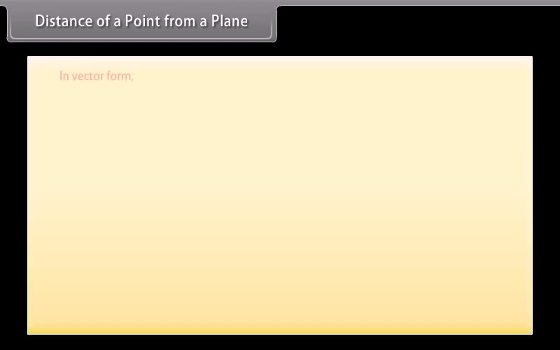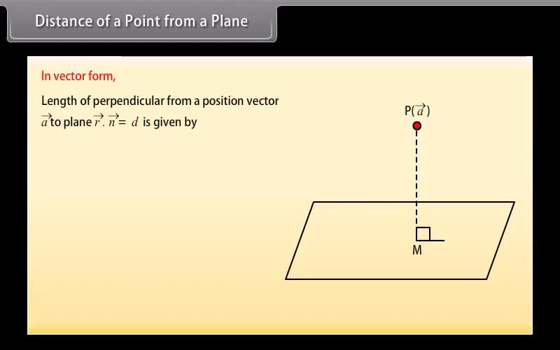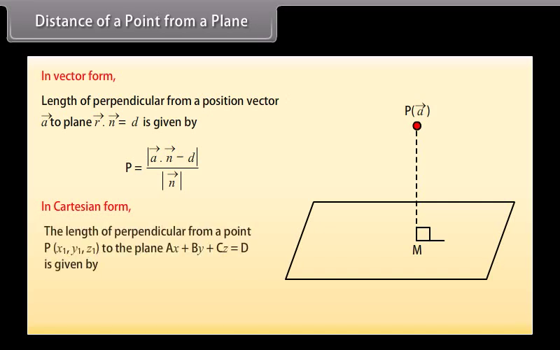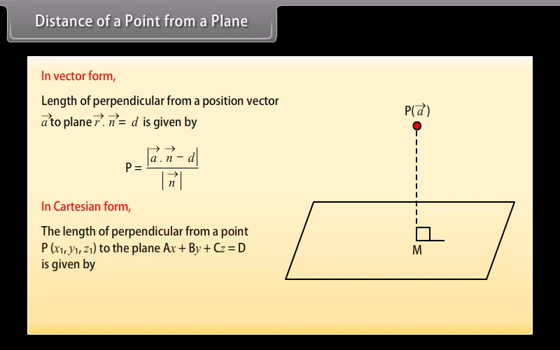Distance of a point from a plane. In vector form, the length of perpendicular from a position vector A to the plane dot product of vector r and vector n equals d is given by the following. In Cartesian form, the length of perpendicular from a point P, x1, y1, z1, to the plane ax plus by plus cz equals d is given by